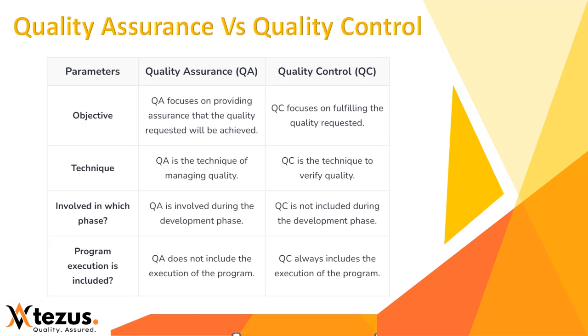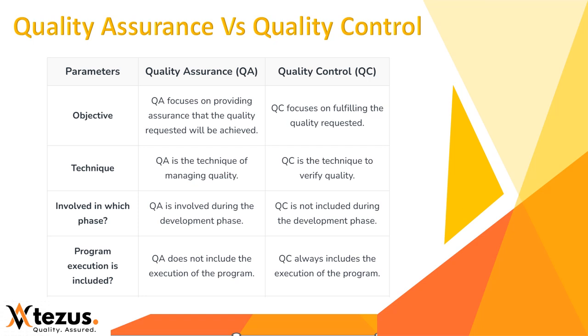The objective of quality assurance as well as quality control. The main objective of QA is to focus on providing assurance that the quality requested is met. Okay, how will this be achieved? We have to monitor this. We have to make sure the quality is followed, quality is there, and we should also ensure that the product quality is achieved as per the client requirements,